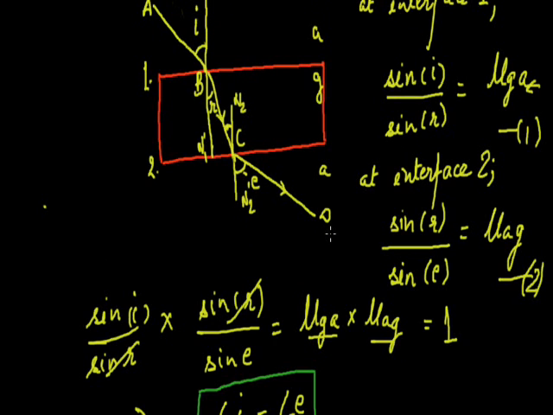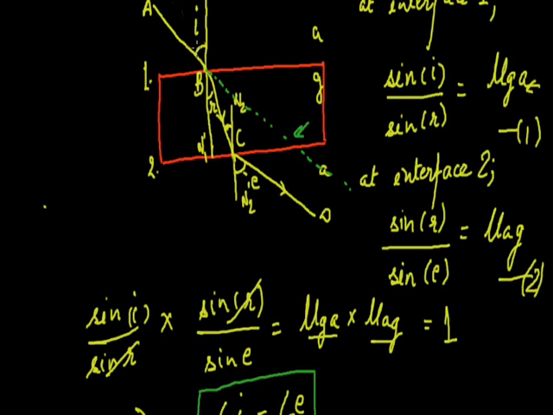Because of this mathematically derived result, we can see that when the angle of incidence is equivalent to the angle of emergence, the incident ray remains parallel to the emergent ray. We can deal with an important concept over here. If this glass slab was not here, then this ray AB would move in this particular direction, which is its original incident direction.